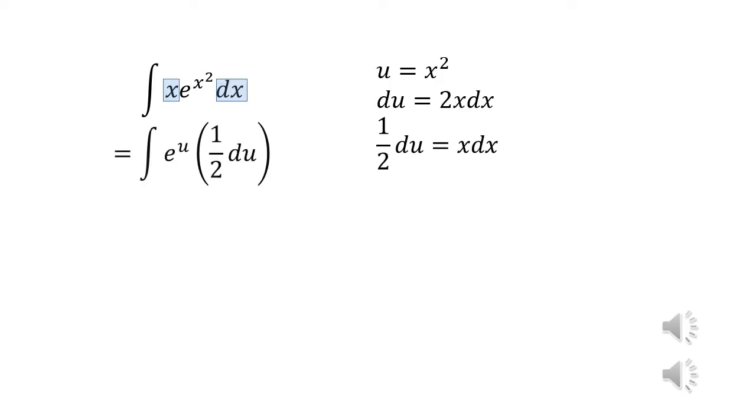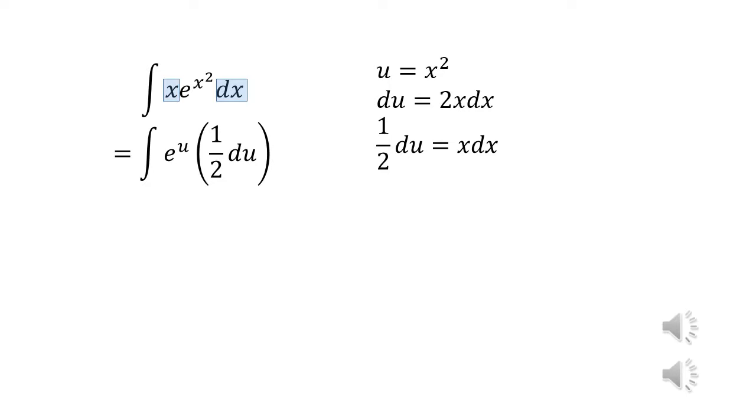The most obvious candidate for substitution is to let u equal x squared. And so we compute du equals 2x dx. Well, that's good news because the x dx is present in the integral. The only thing missing is the constant 2. And so we solve for x dx, giving us 1/2 du, and we replace everything in the integral in terms